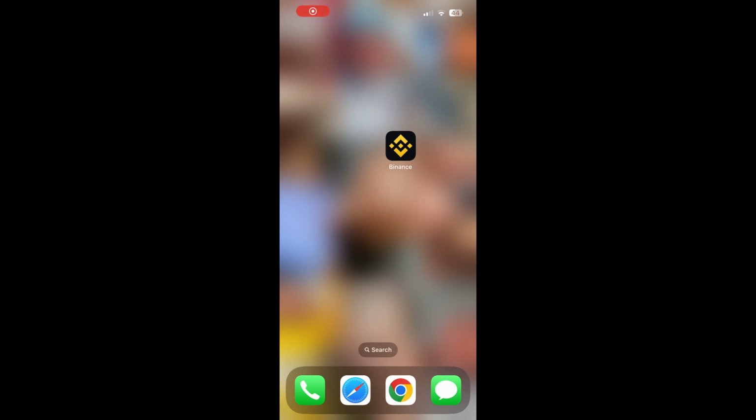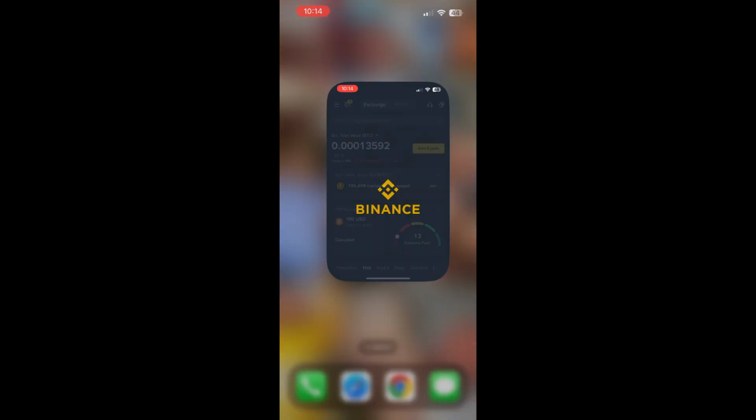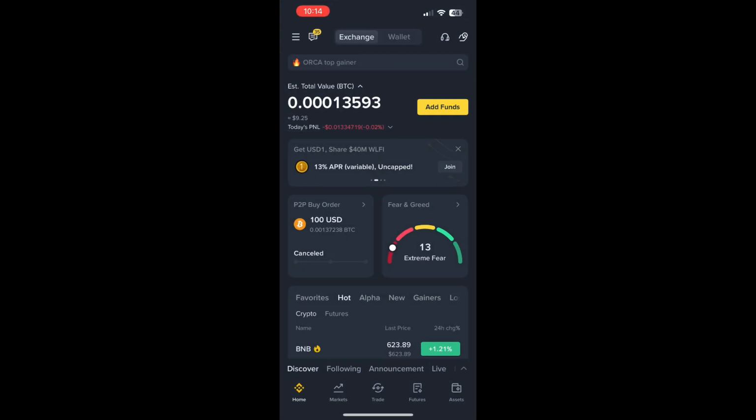In this video, I'll show you how to link your bank account to your Binance account so you can deposit and withdraw money easily. First, open the Binance app or website and log in. Make sure your identity verification (KYC) is completed, because in most regions you can't add a bank account without a